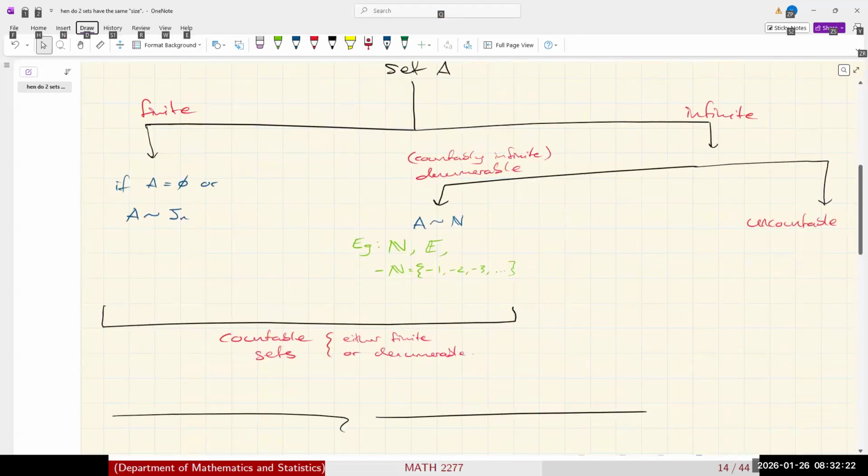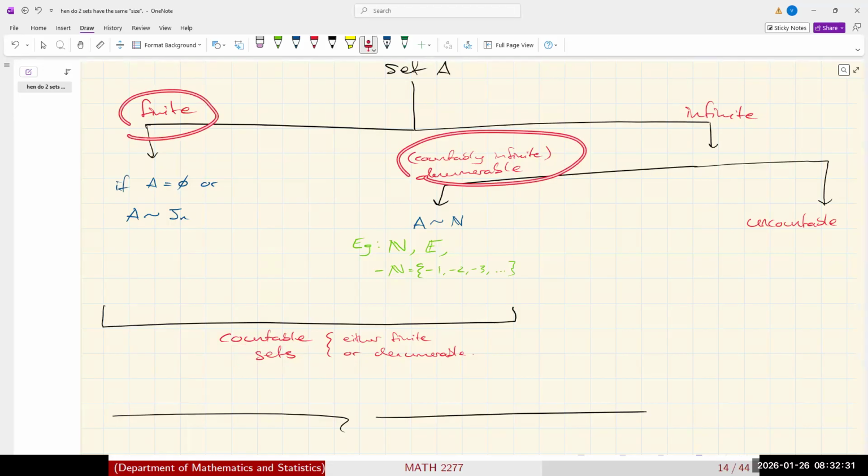If a set is countable, it means it is either finite or denumerable. That means there is either a bijection between the set and Jn, or there's a bijection between the set and the natural numbers. So it turns out that if a set is countable,